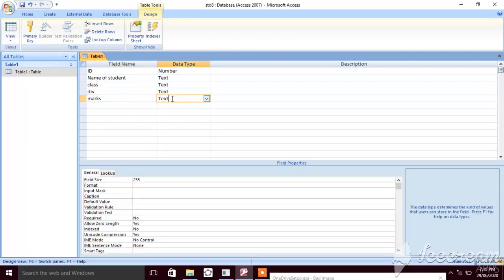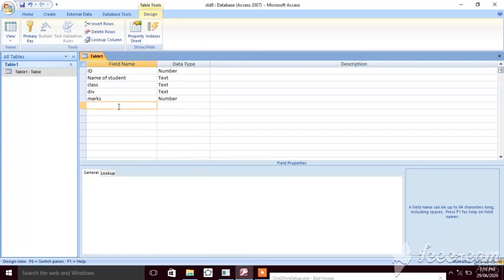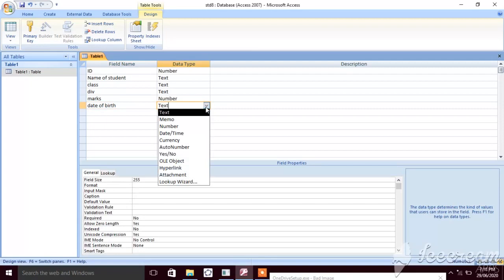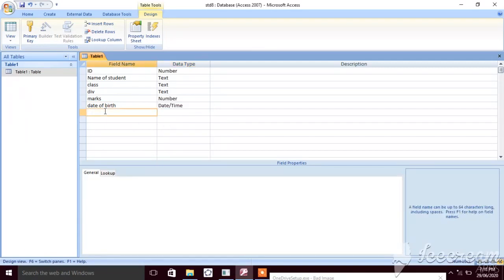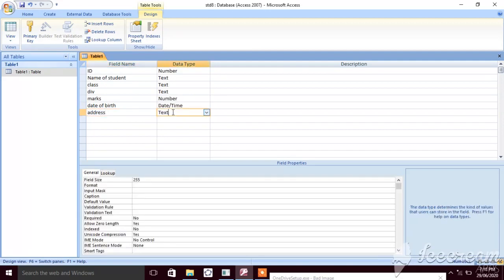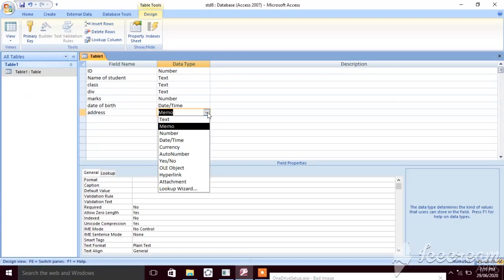Now see, marks will be of number type. Then date of birth. This date of birth will be of date and time type. Okay. Then address. The address we will type as a paragraph, so we will select memo.